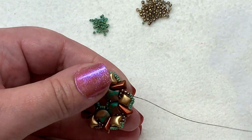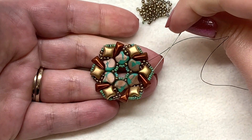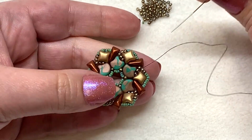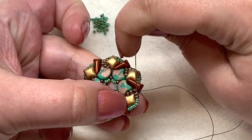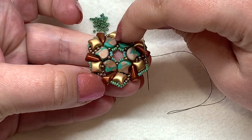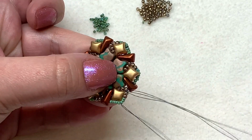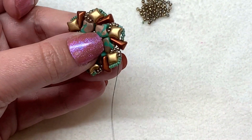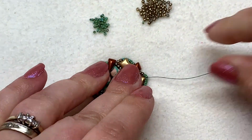next 11-0. And what I want to do is I want to be coming out of the third 15-0 over one of these WibeDuos. So I'm going to continue on through these seed beads, through the next two 11-0s, and continue until I'm coming out of the third 15-0 over top of that WibeDuo, which is where we are going to attach our beadwork to the smaller segments that